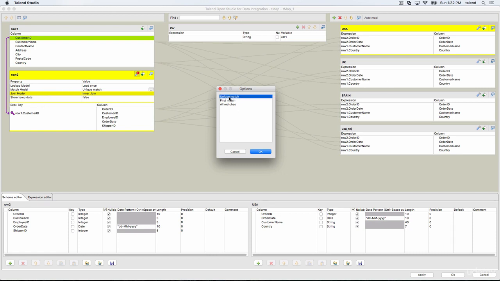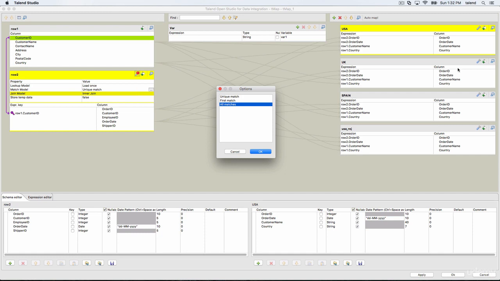That's the unique match. The first match, opposite to this, sends whatever first result you see when you join to the output, and all others will be ignored. And all matches, as you might have guessed, outputs all of the results to the output table if there are three results when you join with these keys.